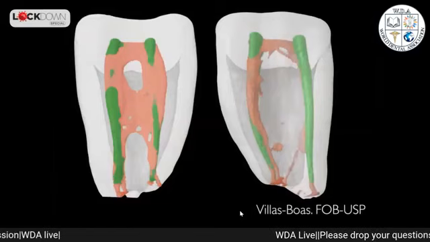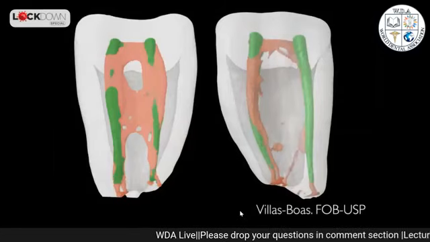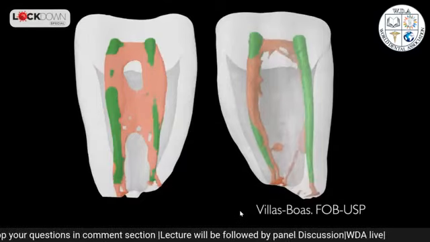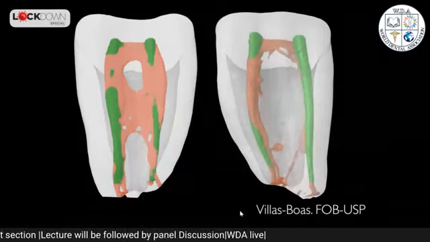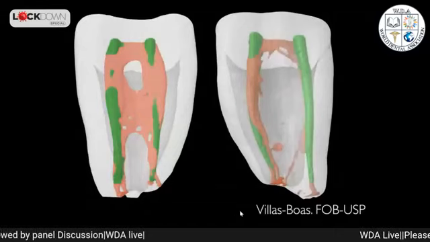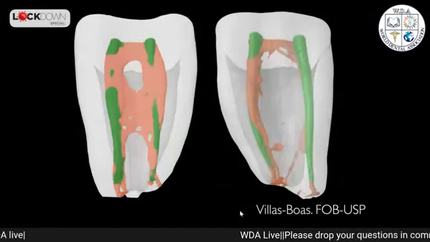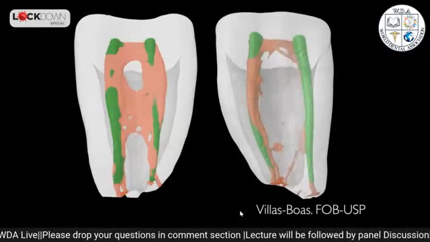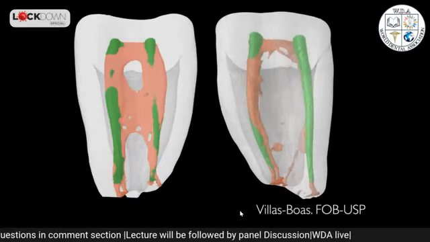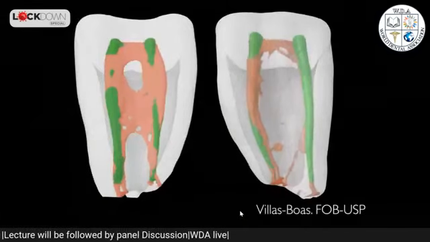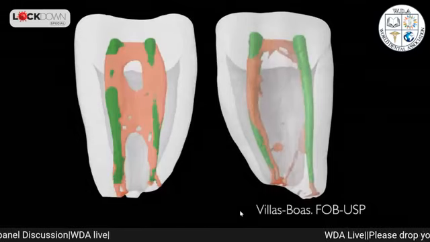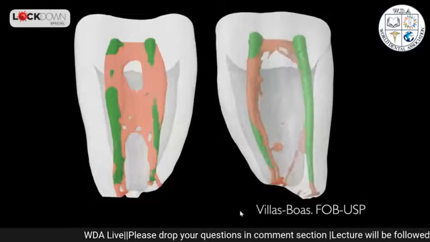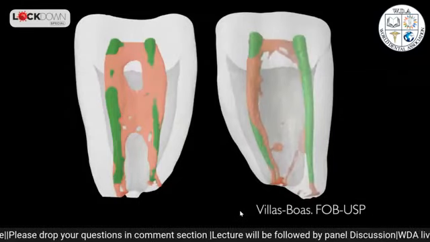Unfortunately, it's very hard to anticipate the complexity of the anatomy. So we just try to guide ourselves by observing the patient's symptoms, probably the size of the lesion, the age of the patient, to try to anticipate how much pulp we have in the root canal space, and probably what type of infection we have, if it's a recent infection or a very long-standing infection that has been in the tooth for several years.